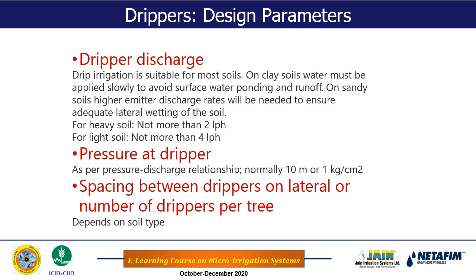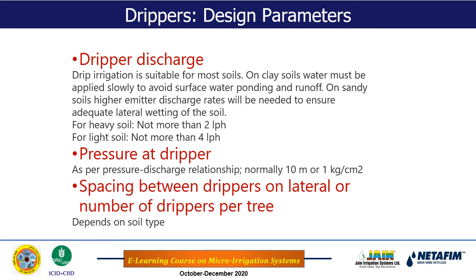And the second thing is that even if the land is not sloping, and water does not flow from that row strip to the drier area, water will still build up and stand there. If it stands there for a long time, the microclimate will be disturbed in that area, and because of that it will also invite certain pests and diseases. So therefore dripper discharge is very important. It should be as low as possible,